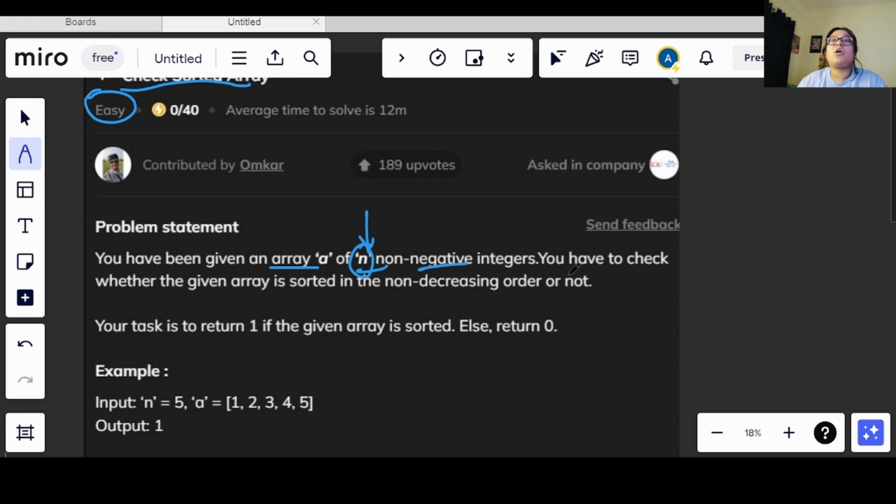Now what we need to do is check if the array is sorted in non-decreasing order or not. Non-decreasing order basically means ascending order. So we need to check if it is in ascending order or not.